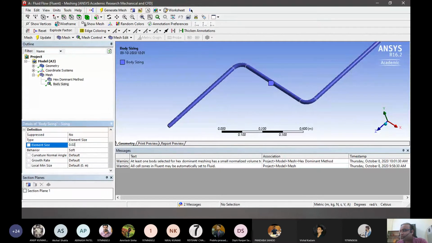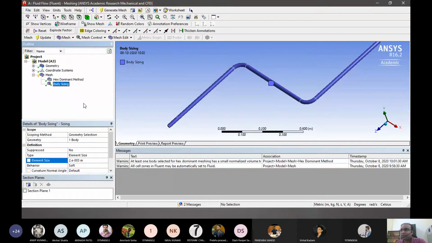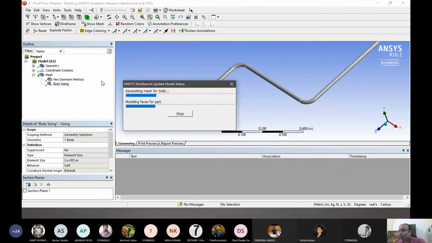So in that way, it should give us a good mesh. So it's updated. As long as the model is how inner the meshing we are doing, it will take a corresponding amount of time. So that's why we scaled it down a bit. Even for this, it will take some time to do the calculations.